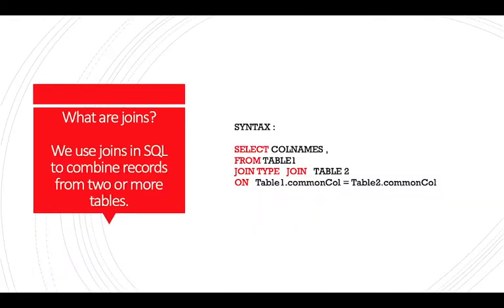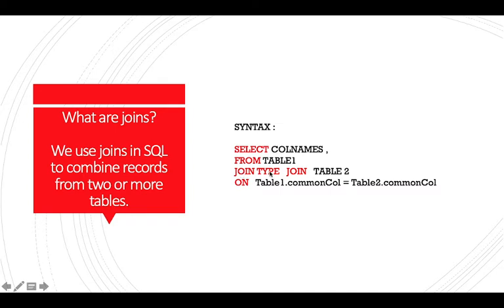Now, what are joins basically? As the name suggests, it is joining of tables. It is combining of records from two or more tables according to the requirement. This is the common syntax, I would say, for joining tables. With the first line we have select column names. Whatever column names you want to display in the resultant table, you can mention them here. Then you choose from which table we are choosing the names, so you mention from the name of the table, that is our table 1.